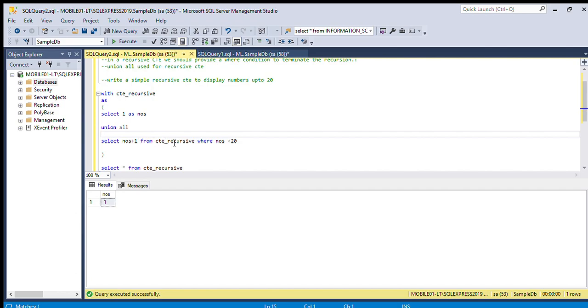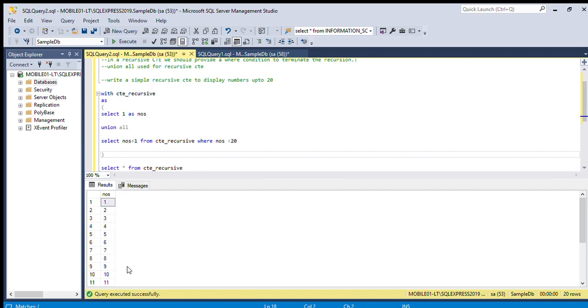So this CTE will increment these numbers. It will recursively call up to numbers less than 20. Okay. We can just execute this query. You can see we will get 1, 2, 3, 4, 5 up to 20.